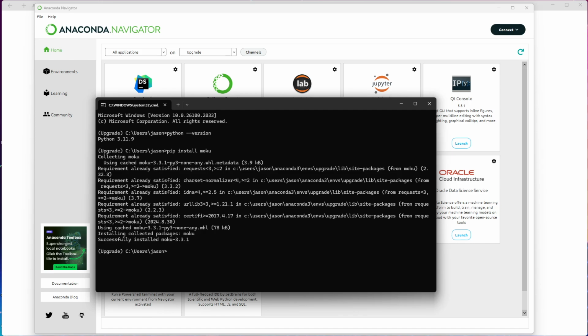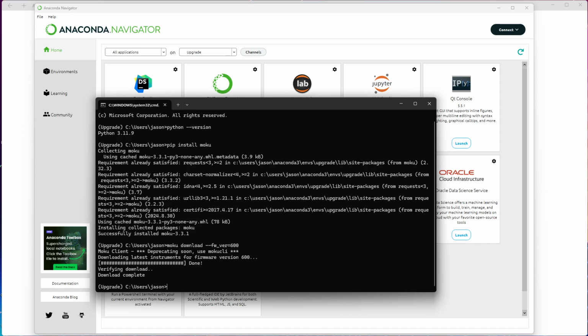We also have to make sure that the API has the latest Moku data by typing moku download --fw_ver=600. This may take a few minutes to add everything, so wait until the install finishes. All right, if it executes with no error,